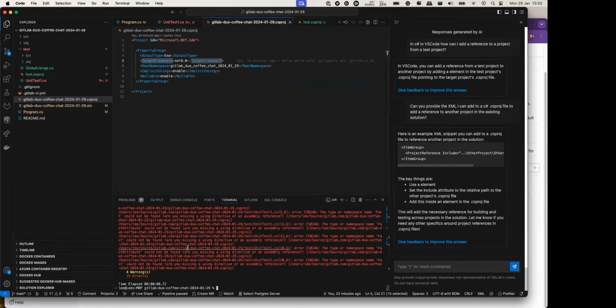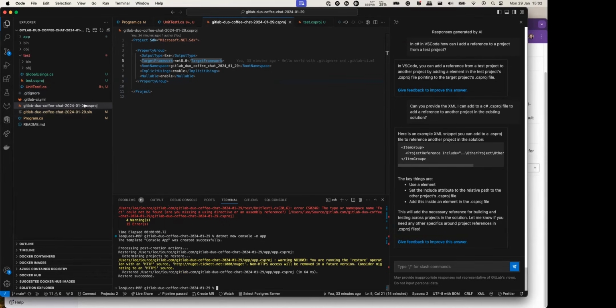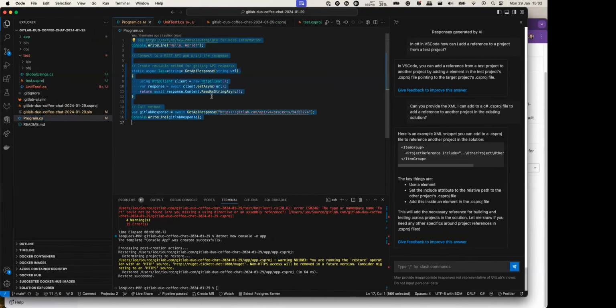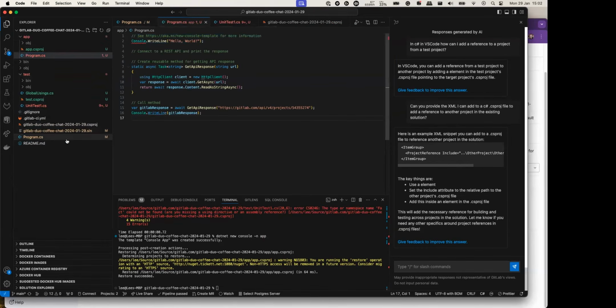What I'm going to do is dotnet new console, name app, and I'm basically going to move, because I think that's what we should have done at the start. I think if I then take the code from Program.cs and put it into this one, I think that